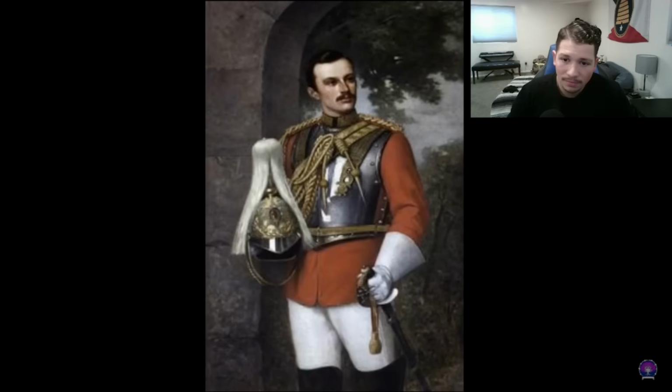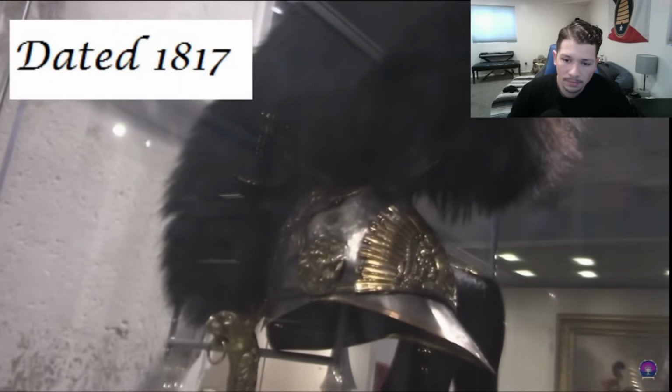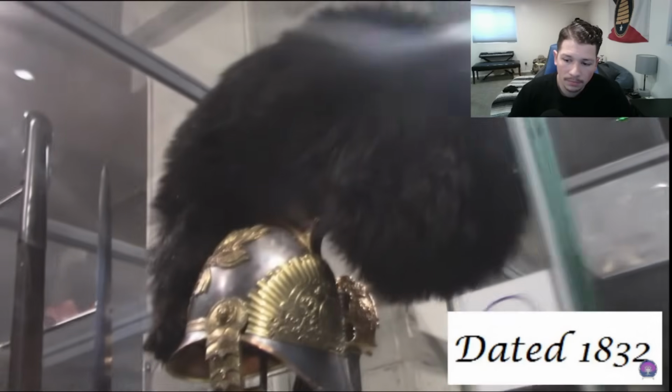The current helmet design was introduced first in 1842 by Prince Albert to replace the old bearskin style helmets, which were used around the 1830s. There have been minor changes to the plume and the spike in 1856 and 1881 respectively, but otherwise the helmets are largely...